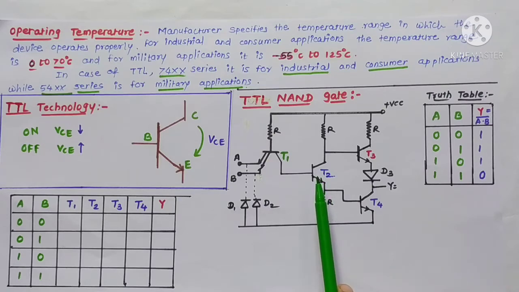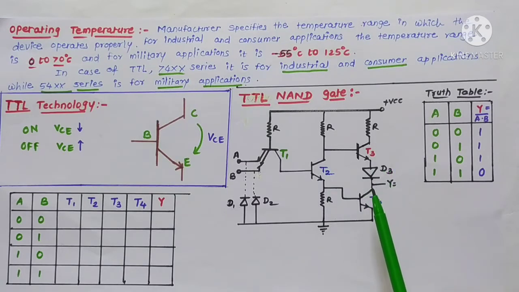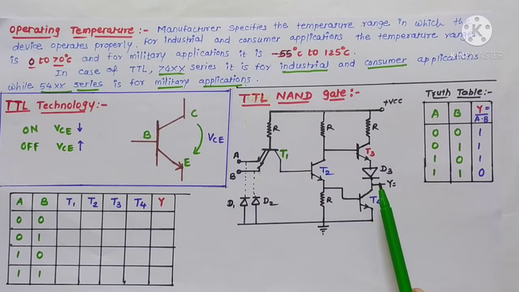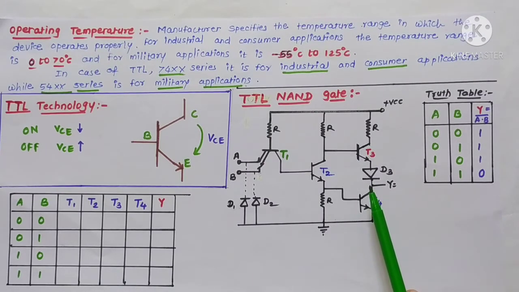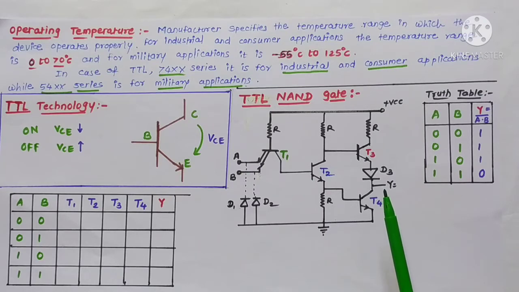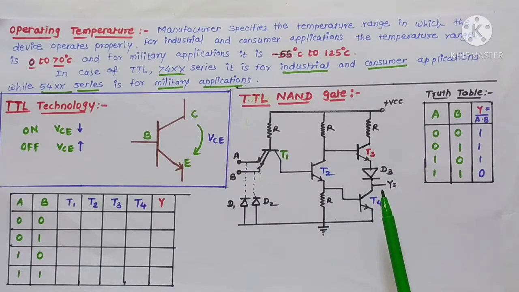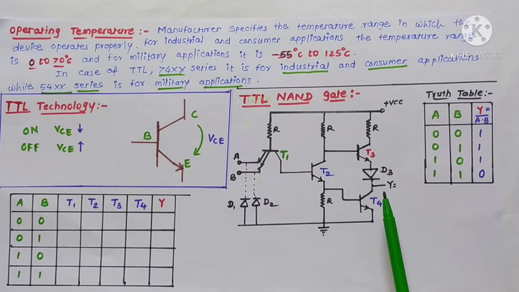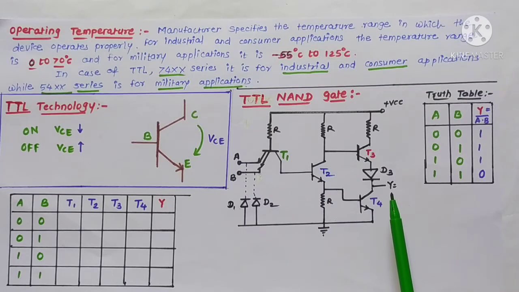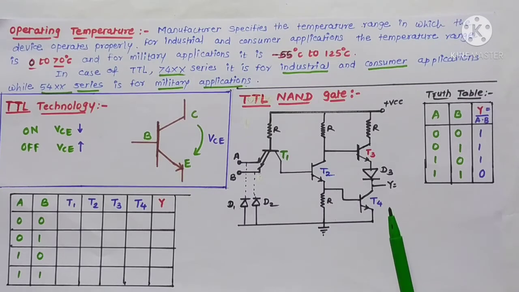Now the advantages of this totem pole stage. It produces very low output impedance both when the output is high and when it is low. Since its output impedance is low, the time constant with the stray capacitance is low. That means the output can change from one state to the other at a very fast rate, reducing the propagation delay. As there is a reduction in propagation delay, the quality of the IC is better, or the speed of the IC is faster. Okay students.